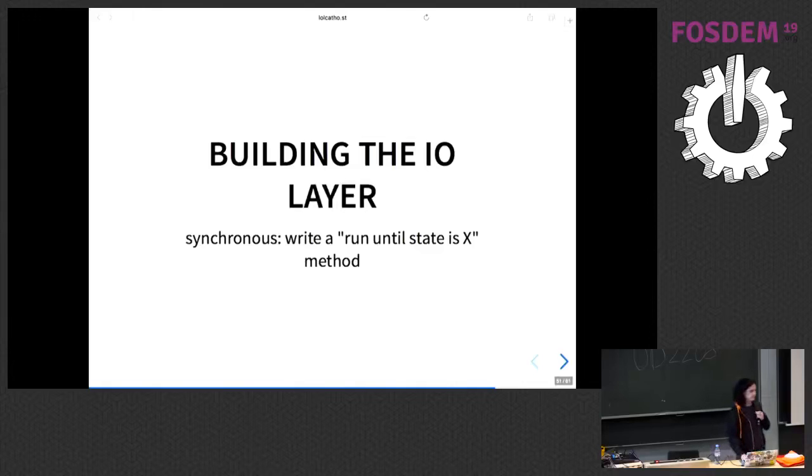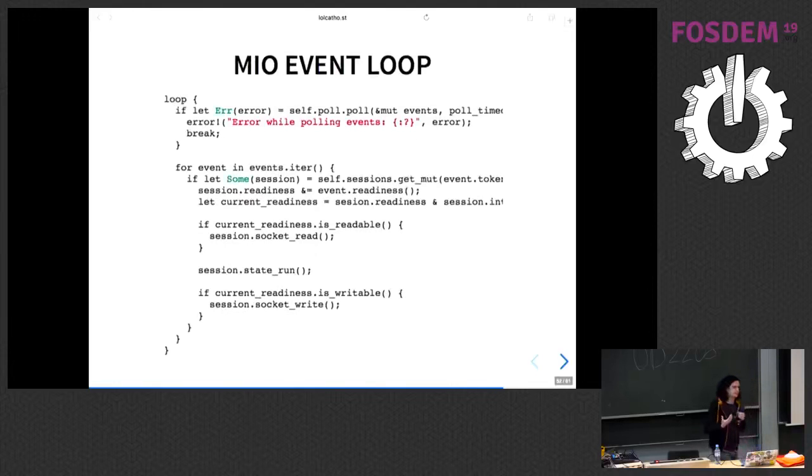If you're like me and want to have a bit of pain, build your own event loop. There's this very, very nice library called Mio, for Metal I/O. That's at the heart of most async networking implementations in Rust. Tokio and everything is based on Mio. Mio is a thin wrapper above epoll and kqueue to handle events. The way you build that is you wait for the OS to tell you, okay, what are the events for each of the sockets I handle? You get an event.